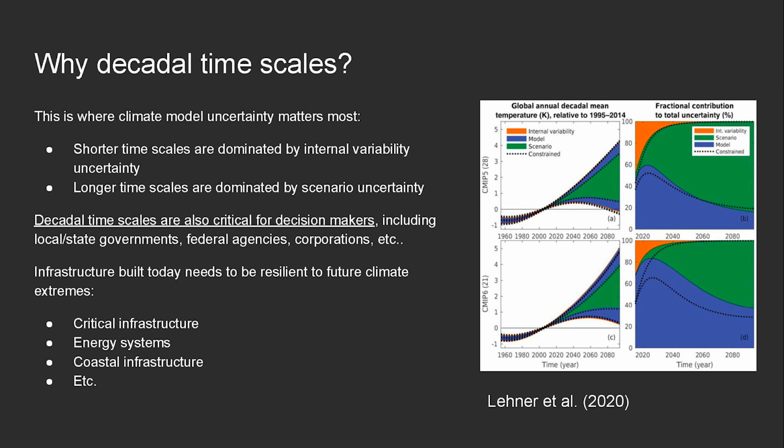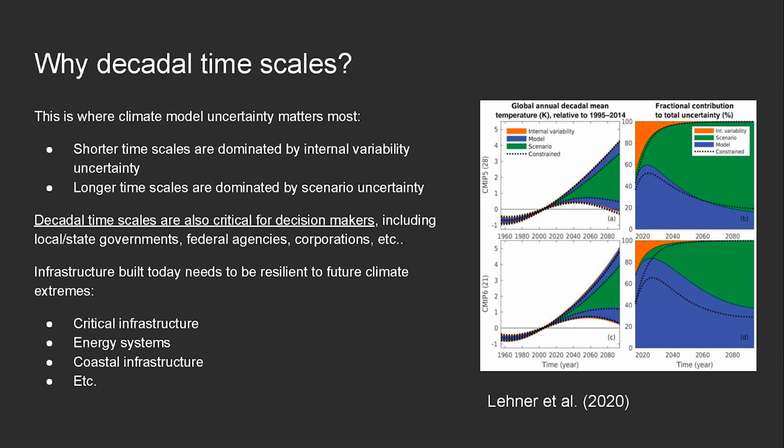So there's this area in the middle, and this was kind of shown nicely schematically in this paper by Lehner et al., where they attempted to quantify how much internal variability, scenario uncertainty, and model uncertainty contribute at different timescales, kind of showing that there's maybe a 20 to 50-year timescale where climate model uncertainty is particularly important. And those timescales, and this may be a somewhat DOE-centric view that could probably be broadened, are